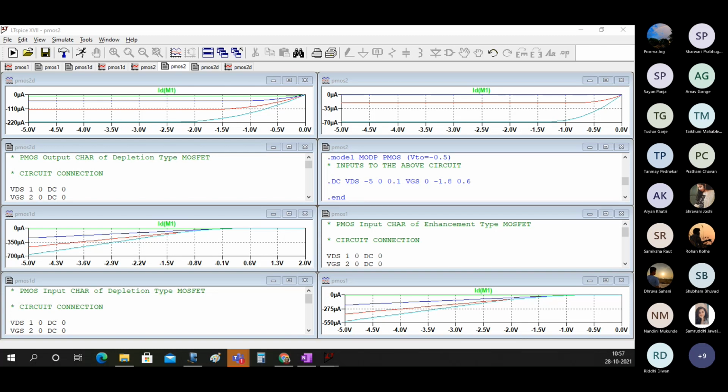Okay, so it is 11 o'clock and time for our second break of 15 minutes. We will resume at 11:15 and then see biasing circuits based on the MOSFETs. We have seen biasing circuits for BJT, we have seen biasing circuits for JFET. Now we will see the biasing circuit for MOSFET.